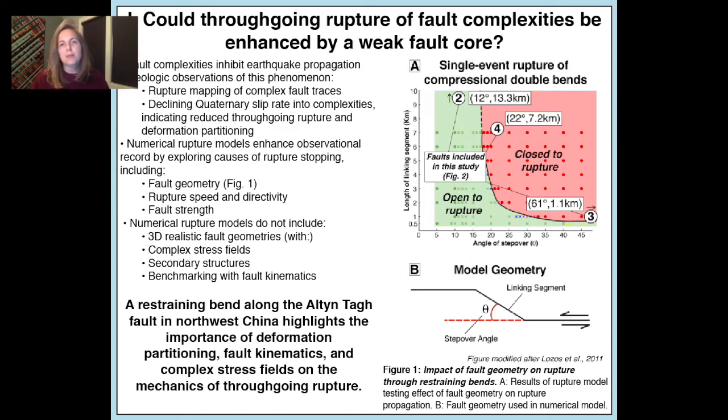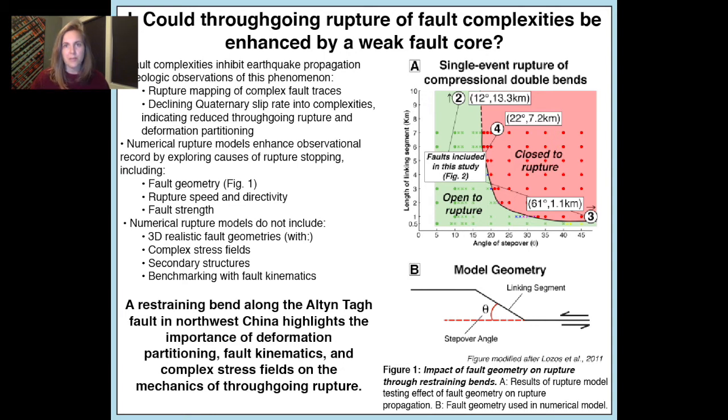Because detailed maps of earthquake rupture traces are limited to the past few hundred years, we use Quaternary slip rate gradients to determine the long-term efficacy of geometric complexities as rupture barriers. Numerical models, such as the example shown here, enhance our understanding of the mechanics of rupture stopping by allowing us to test different factors that aren't readily accessible from the superficial rock record, such as fault strength and rupture directivity